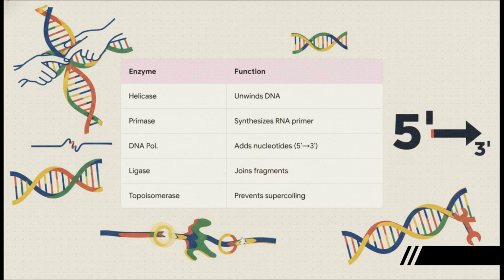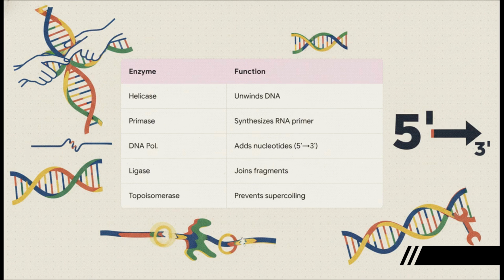Next, Primase comes along and lays down a tiny little RNA primer. It's like the starting block for a race. Then comes the star of the show, DNA polymerase. This is the builder, adding all the new nucleotides. But, and you need to circle this, highlight it, tattoo it on your brain, it can only build in one direction, from 5' to 3'. That is a huge point for CUET. Finally, we have Ligase, which is the glue that sticks DNA fragments together, and Topoisomerase, which keeps the whole thing